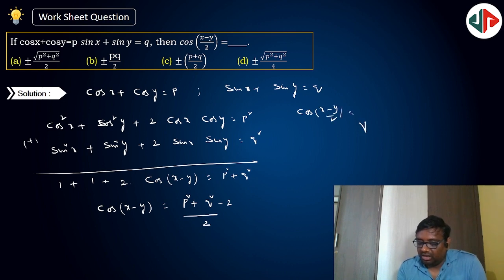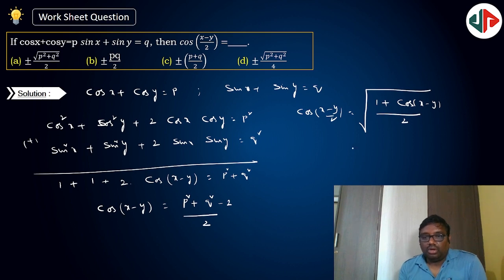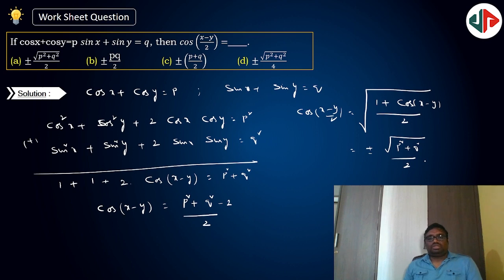This is nothing but under the root of 1 plus cos of x minus y by 2. Now if we simplify, we will get plus or minus under the root of p square plus q square by, if we substitute cos of x minus y and simplify, we'll get p square plus q square by,